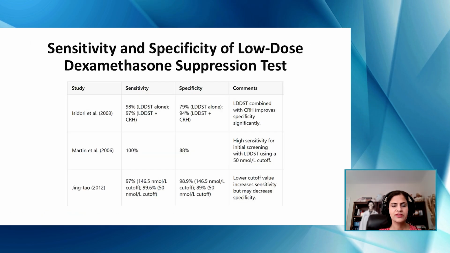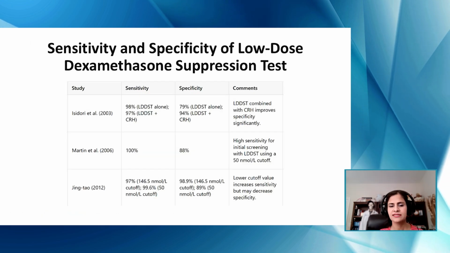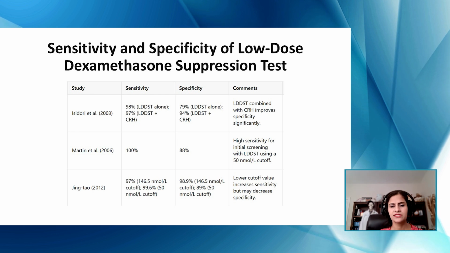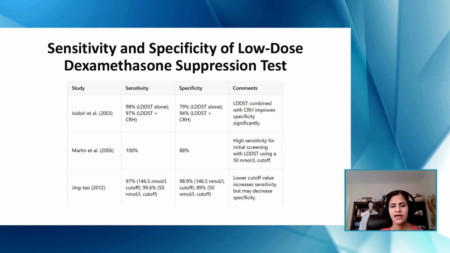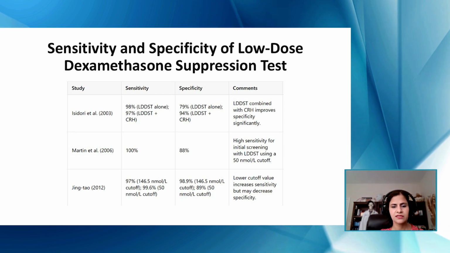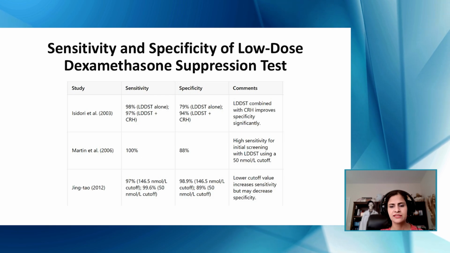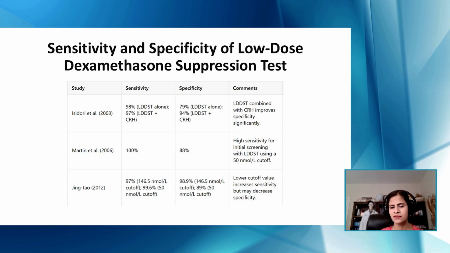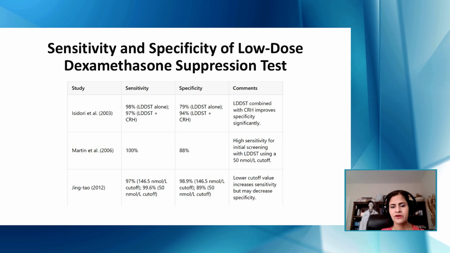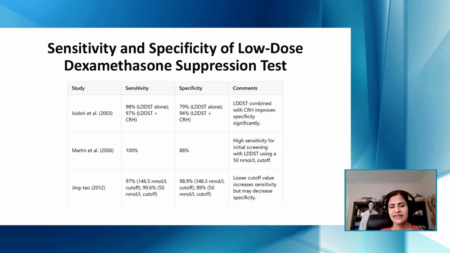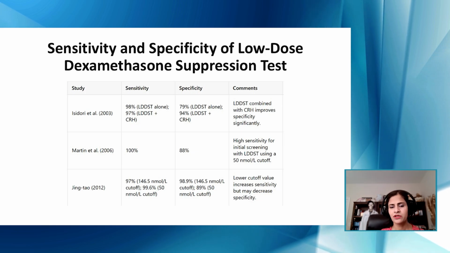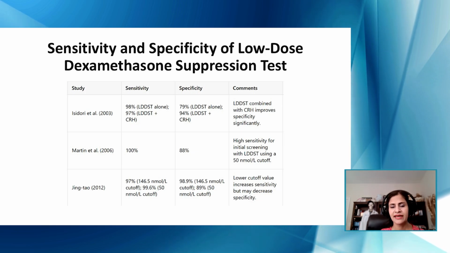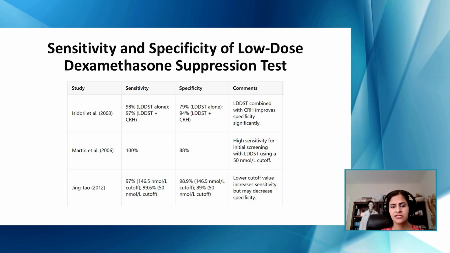I want to go through this table. This slide shows the sensitivity and specificity of low-dose dexamethasone suppression tests. I've referenced 3 articles, and I have compared their sensitivity and specificity with comments in the last column. In the study by Isidori et al., there was a 98% sensitivity for low-dose test alone, 97% sensitivity of low-dose